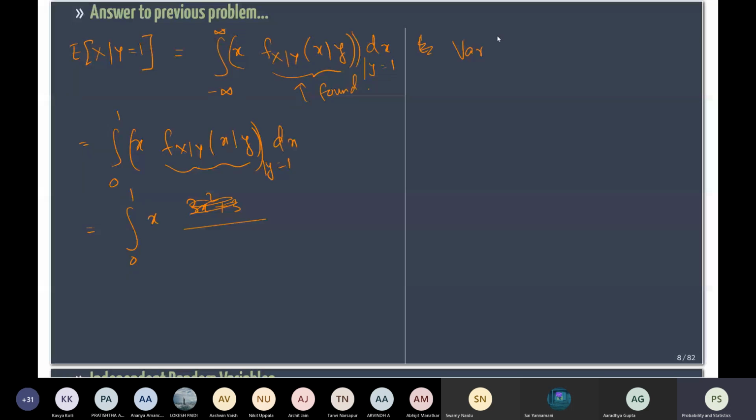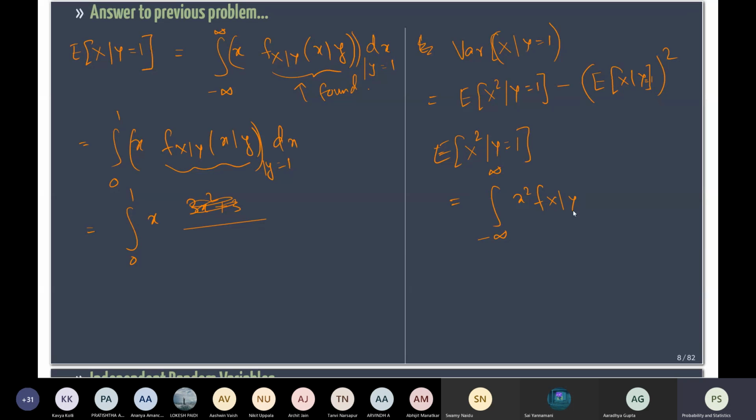And then for the variance, the conditional variance we want, right? So variance of x given y equals 1. For this we need, what was the formula? Expectation of x square given y equals 1 minus the expectation of x given y equals 1, whole square. So the only thing we need is expectation of x square given y equals 1. This is not something we have computed yet. So this will be the integral from minus infinity to infinity of x square f(x given y) dx, and since we are integrating with respect to x, the valid range is